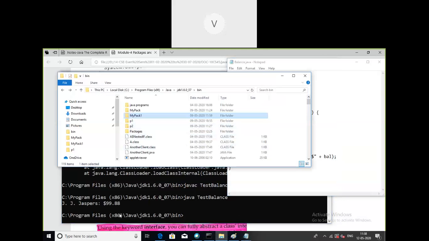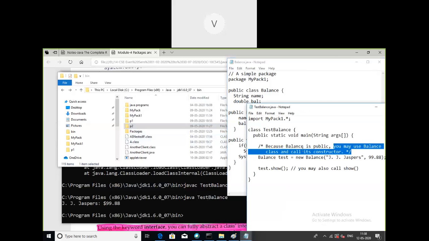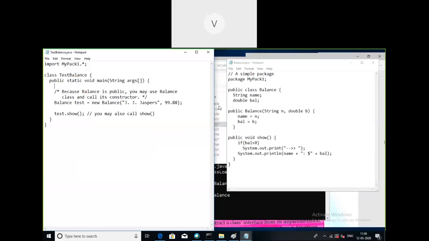So we are using the functionalities implicitly. The advantage of this package series is that from P1 you can make use of the code present in P2. The basic intention here is reusability. We can use the code which is already written by someone else. This balance was already written by someone else, and we are just trying to reuse it in our code. So how is it possible to reuse it? It is possible only with the help of the import statement.